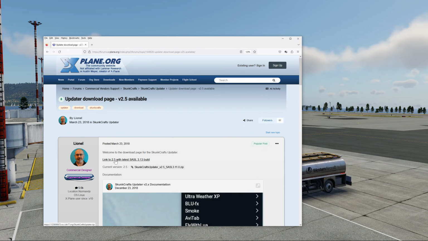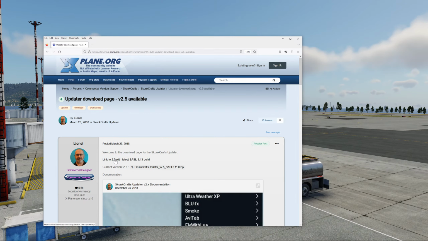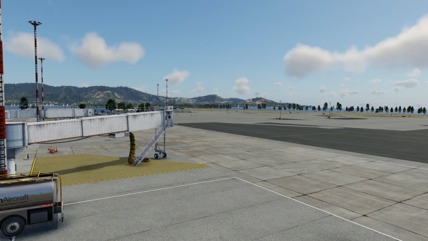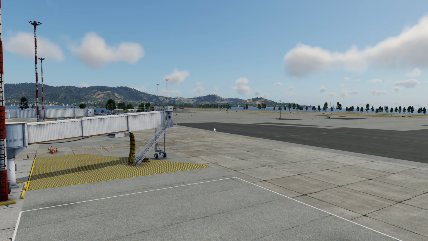Now, I've already got this installed, so I'm not going to sign in and download it again. But suffice to say, create your account if you've not already, and then follow this link here to get the latest build. Once you have downloaded that, let me just see real quick if I can just, without sharing my user details with the entire world, quickly get that. So I'm just going to show you my XPlane screen while I secretly do this in the background, hitting the download,